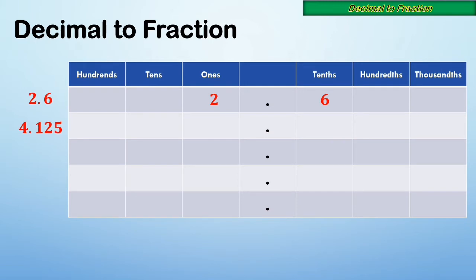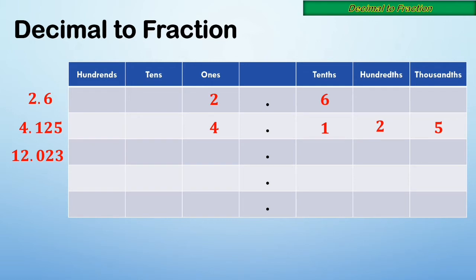4.125. 4 is ones. Then 1 is tenths. 2 is hundreds. And 5 is the thousandths place. Therefore, it will read as 4 and 125 thousandths. Okay? 4 and 125 thousandths. Okay. Next, we have